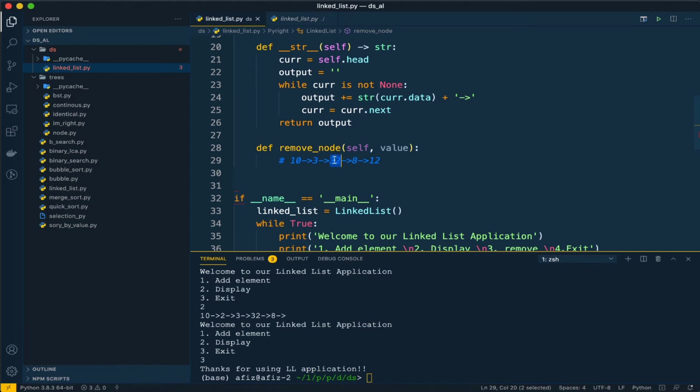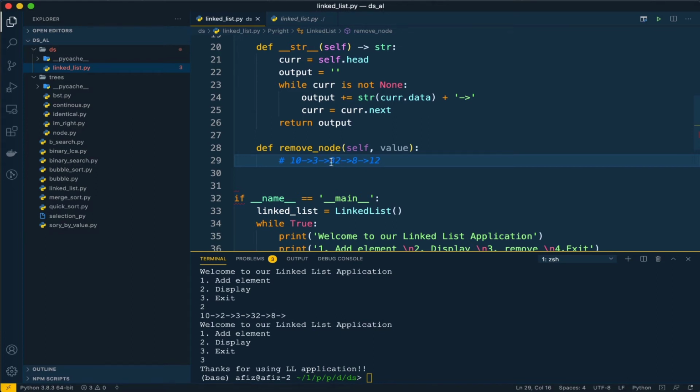So what we have to do in that case, as I said earlier, is traverse till that element, and once we find it, remove the link between the previous node and the current node. If you take this 3 as the previous node, the previous is connected with the current node.